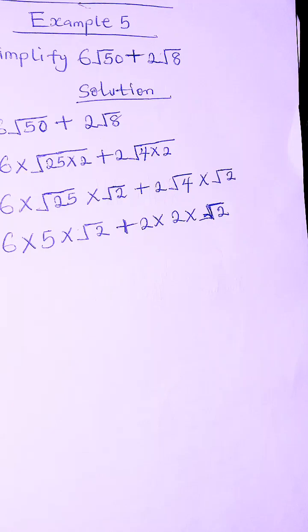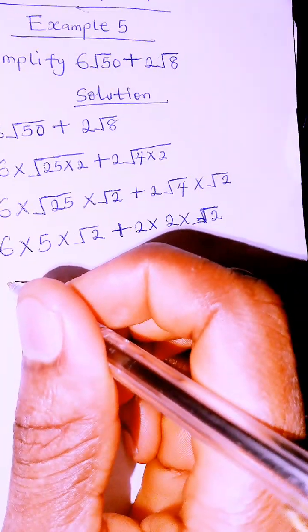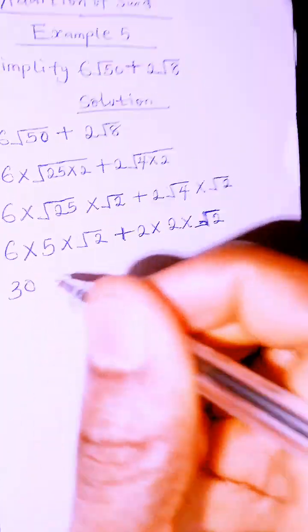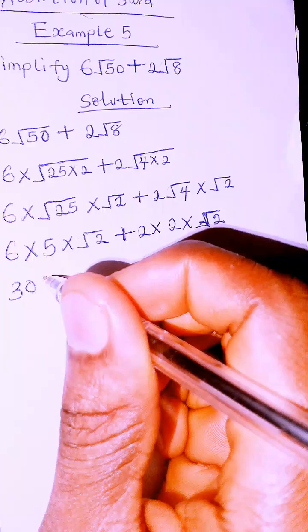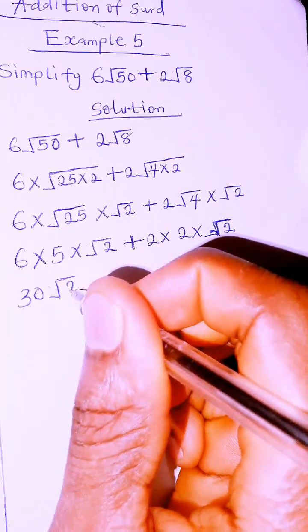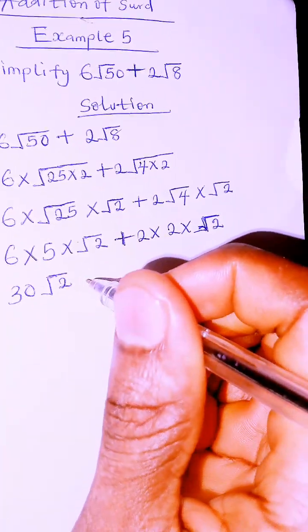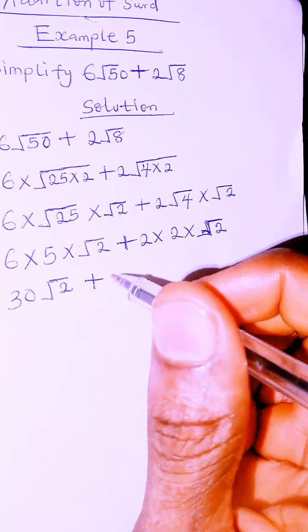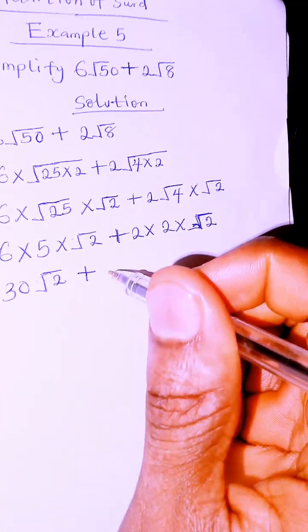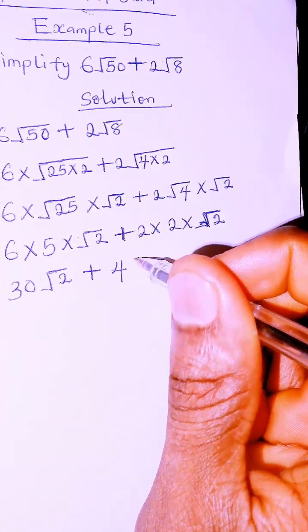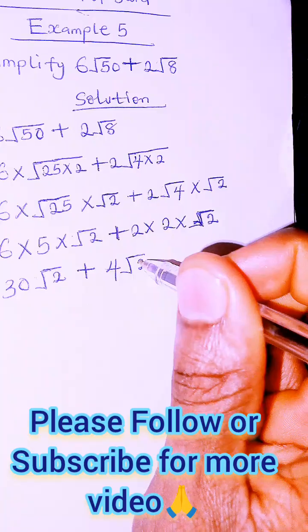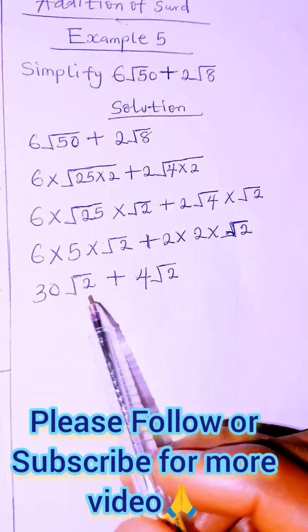Root 2. 6 times 5 is what? 30. 30 times root 2 is what? 30 root 2 plus 2 times 2, 4. 4 times root 2 is what? 4 root 2. Now, since the surds are the same,